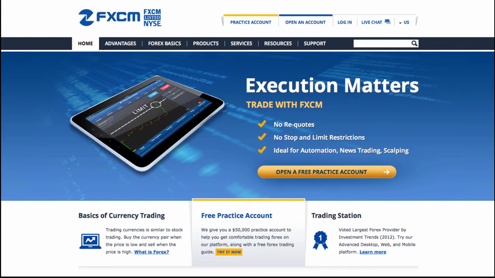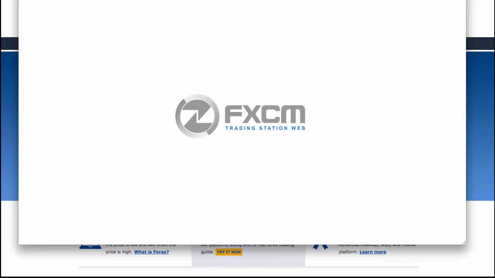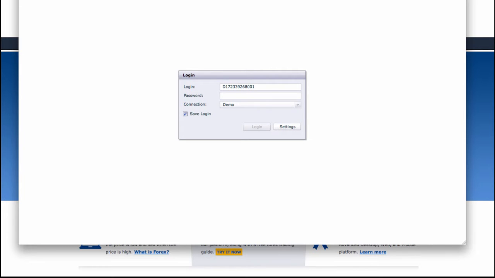So now you have your practice account. You're going to go ahead and log in. You go to the Trading Station web. Now, if you have a Mac, you have to use the web. If you have a PC, you can download the desktop program. Either way, once you log in, you're going to see a particular format. I'm going to show you how to manipulate that format. First, let me go ahead and log in